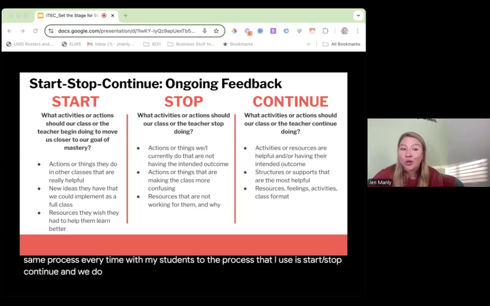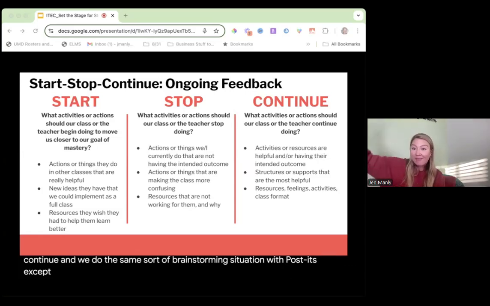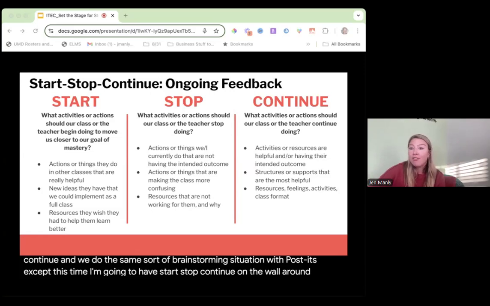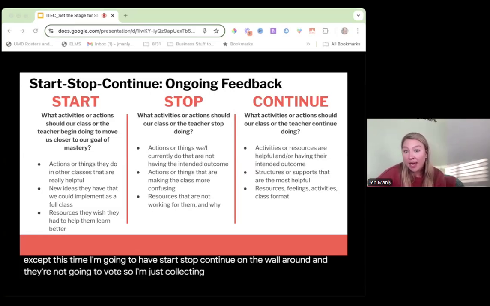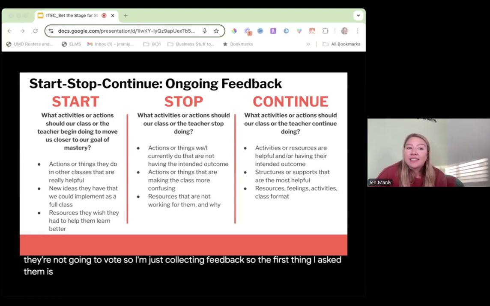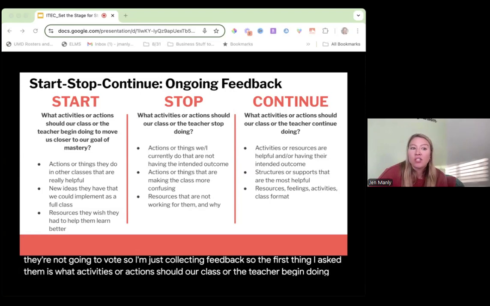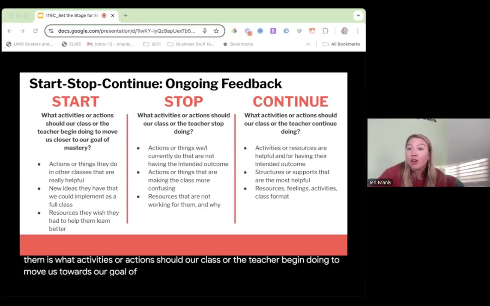And we do the same sort of brainstorming situation with Post-its, except this time I'm going to have start, stop, continue on the wall around, and they're not going to vote. So I'm just collecting feedback. So the first thing I ask them is, what activities or actions should our class or the teacher begin doing to move us towards our goal of mastery? If our goal is mastery,